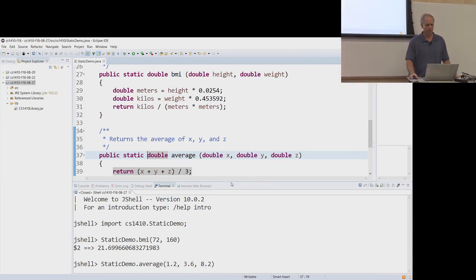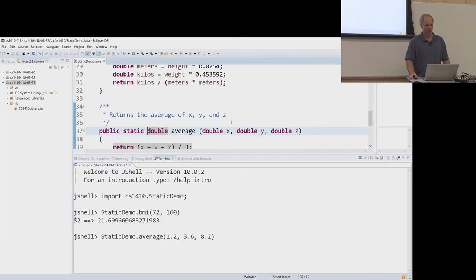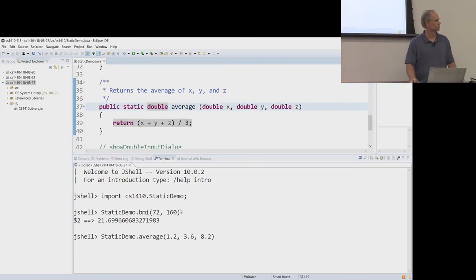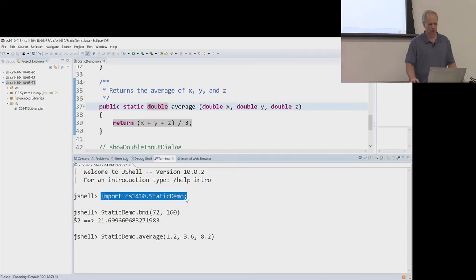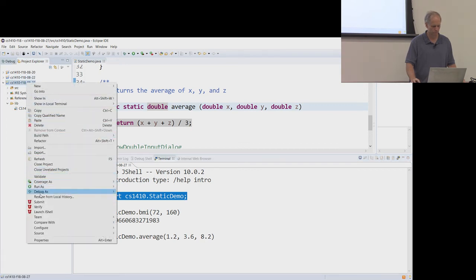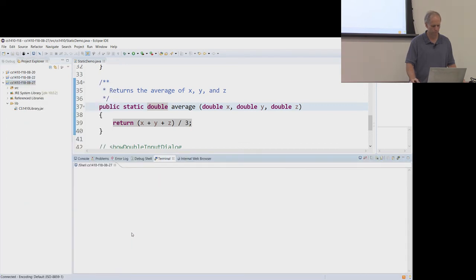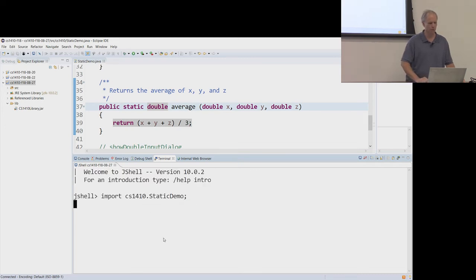Now, here's the problem. The class has changed, and we're going to have to restart JShell. I'm going to at least copy that. And I'm going to go restart JShell. I'm going to paste that import back in so we don't have to do that. Now let's just try it out. So static demo,